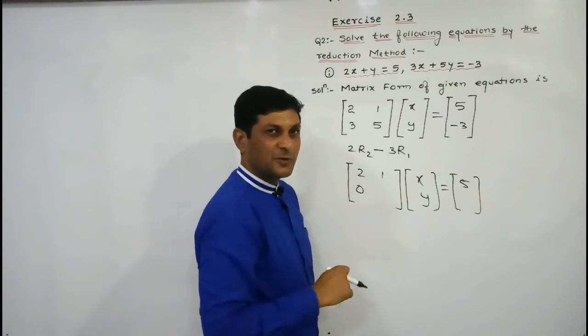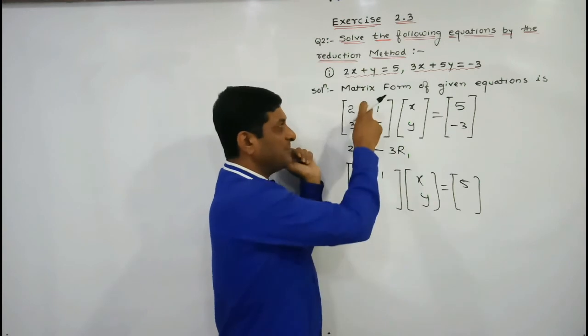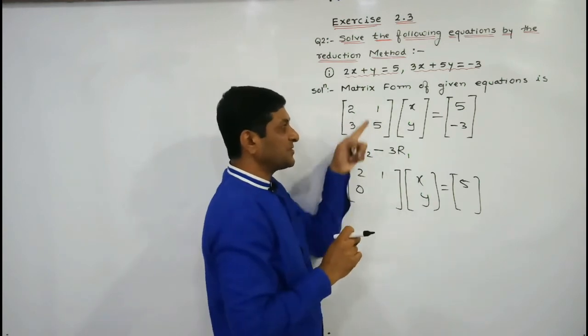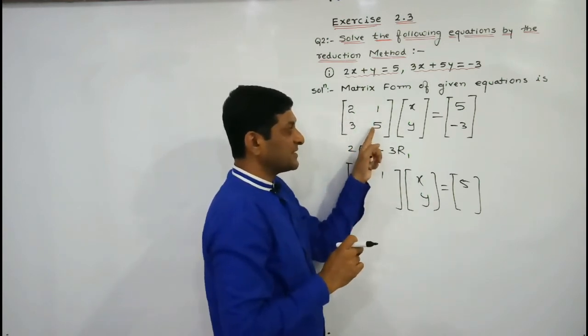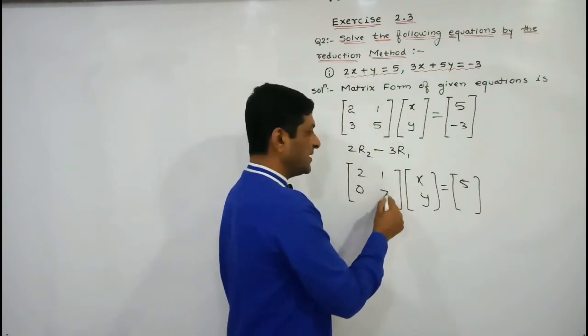तो यहाँ पे directly 0 लिख देंगे हम. यहाँ पे 2 से मल्टीप्लाई करो, 2 into 5 is 10. यहाँ पे 3 से मल्टीप्लाई करो, 1 into 3 is 3. Then here 2 into 5 is 10, and here we are getting 3. We have to take the subtraction. 10 minus 3 will be equal to 7.